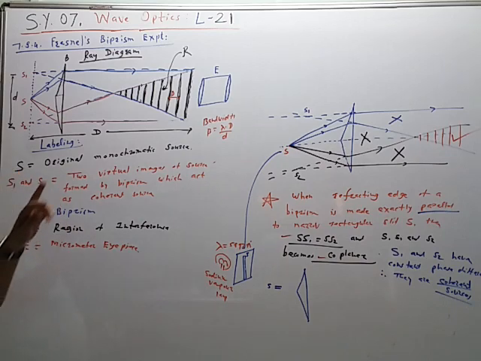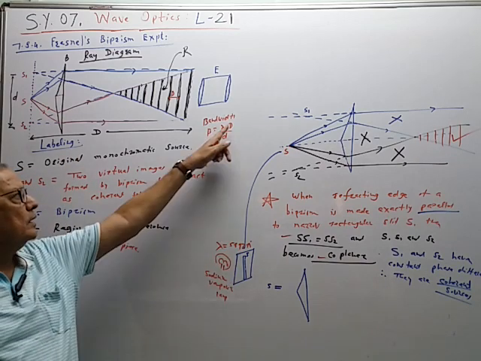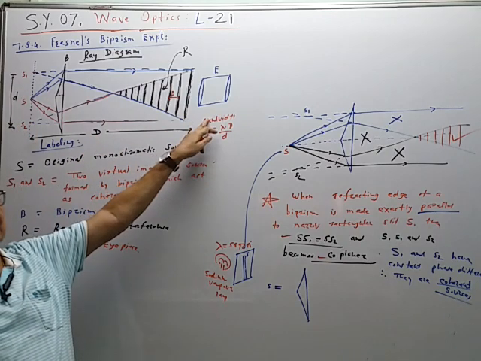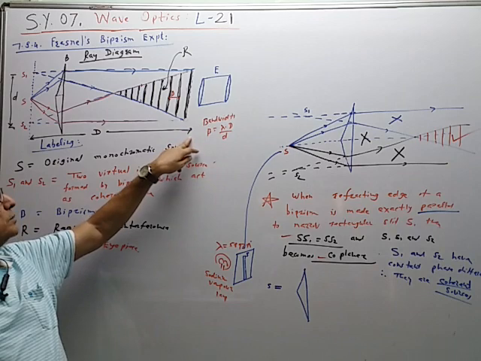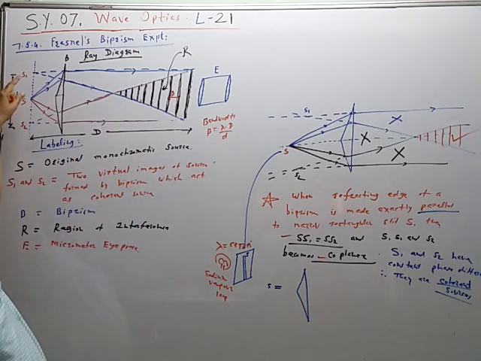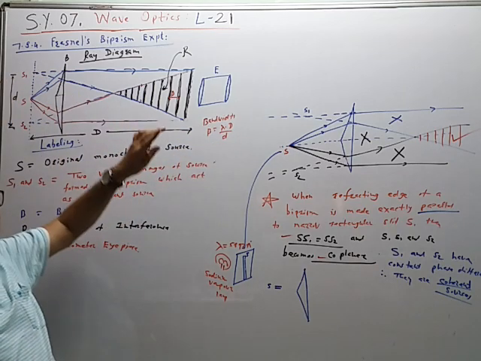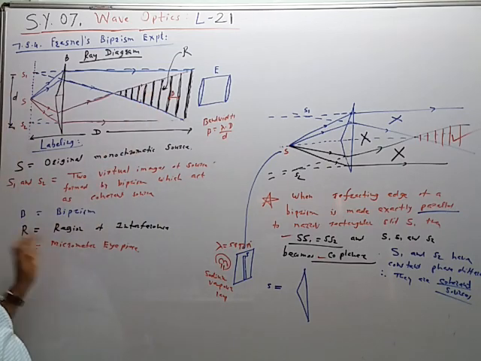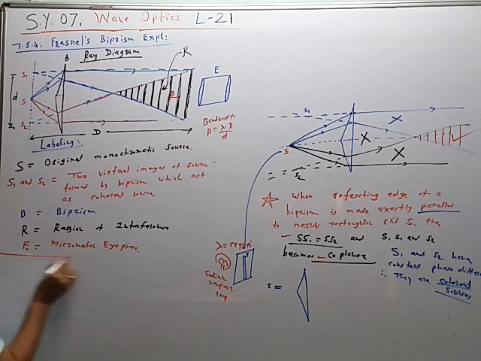Where lambda is the wavelength of the monochromatic light used in the experiment, capital D is the distance between the plane of the coherent sources and the screen, which is replaced by the micrometer eyepiece, and small d is the distance between the two coherent sources. Now in this case, the special thing is this: small d is the distance between the two virtual images and it cannot be measured directly because S1 and S2 are virtual images. Therefore, to measure d, we are using the convex lens. So this point is important. You can add it in your notes.